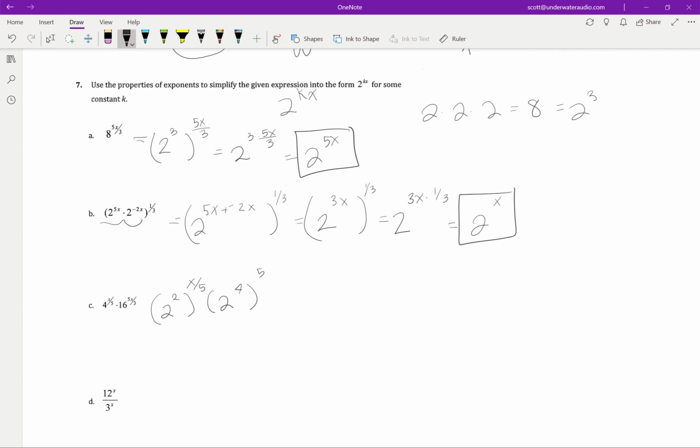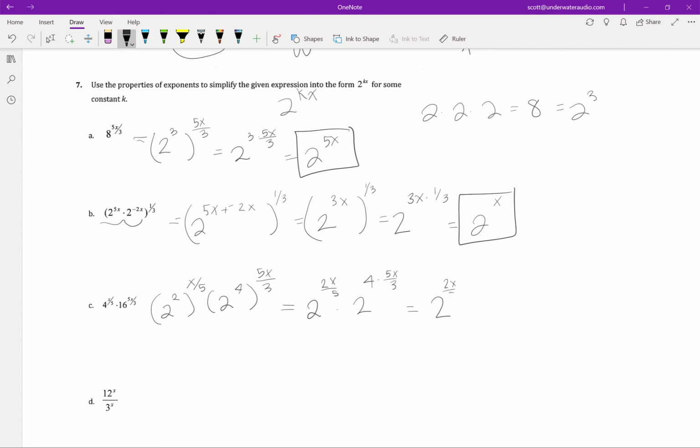And to keep it the same, I need 5x over 3. And, yep. Okay, so now I can multiply. So I've got 2 to a power, twice actually. So I can change that to multiplying. 2 to the, let's see, 4 times 5x over 3. Okay, simplifying again,